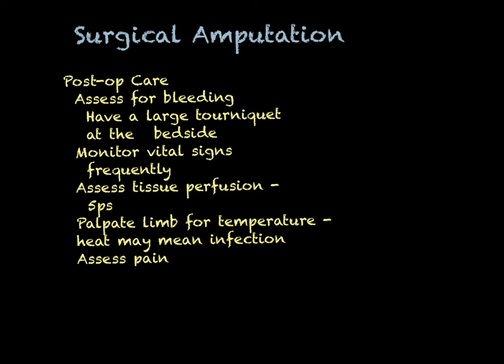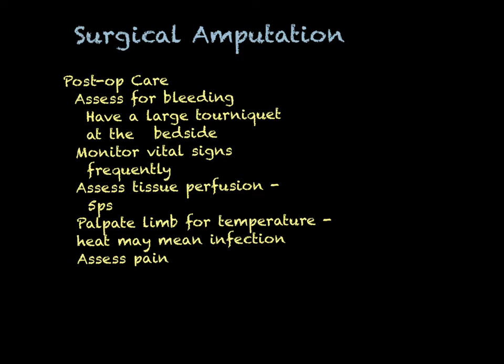You want it to be pink, light pink in a light-skinned person, and not discolored in a darker-skinned person. The area should be warm but not hot. And you're going to assess the closest proximal pulse. You are not going to try and palpate a pulse right at the amputation site. Say it's a disarticulation of the knee. You're not going to look for the popliteal pulse right over that wound. You're going to look for the nearest proximal pulse. So again, if it's a below the knee amputation, you might go for a popliteal pulse depending on how much limb you have left to do that with. If it is higher than that, if it's an above the knee amputation, you might look for a femoral pulse.